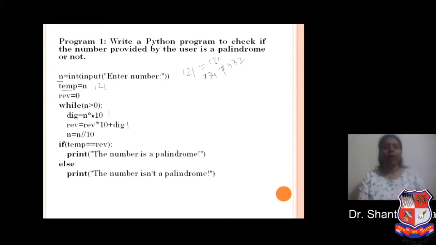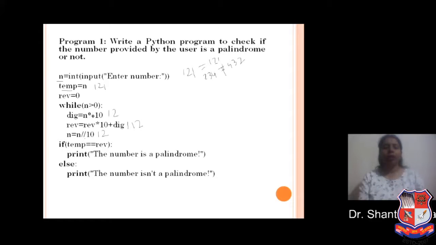After floor dividing n by 10, it gives you n as 12. Again check n is greater than 0, meaning 12 is greater than 0. So here the second value of dig is 2, and reverse in the first step is 1, then 1 into 10 is 10, and 10 plus 2 is 12.